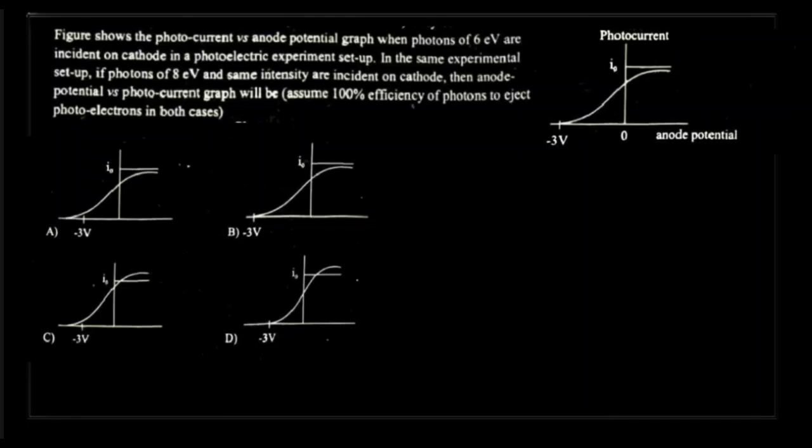The question is this: a figure shows the photocurrent versus anode potential graph when photons of 6 electron volt are incident on a cathode in a photoelectric experiment setup. In the same experimental setup, if photons of 8 electron volt, so we increased this energy, and same intensity are incident on the cathode, then the anode potential versus photocurrent graph will be, right? Here you need to understand one thing. Since if the intensity increases